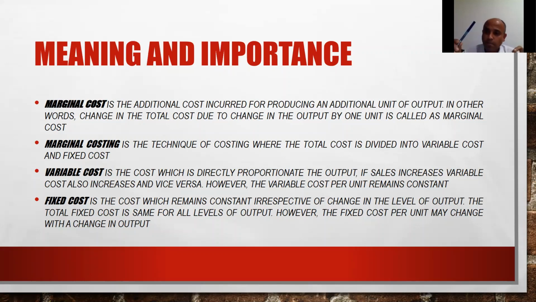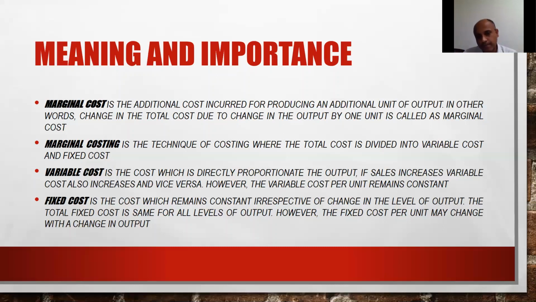But what is the cost of raw material per pen? Again, it is 10 rupees. What I want to tell you guys is total variable cost is directly proportionate to your output, but not per unit variable cost. Per unit variable cost remains constant. Is this point clear for all of you? The per unit variable cost remains constant. Total variable cost will change according to the change in the level of output.